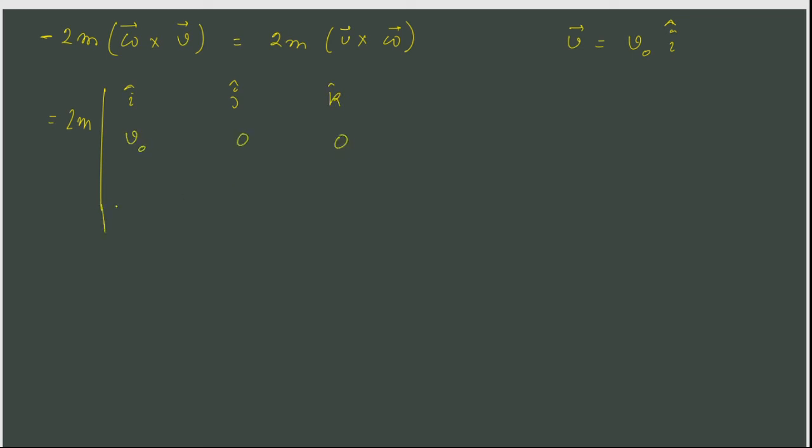We have already found that fictitious force would be given by, and in this case we are assuming that at any given point, let's say v is along the x-axis, magnitude being v naught, then this force, which can also be written as, would be equal to the determinant, which would be